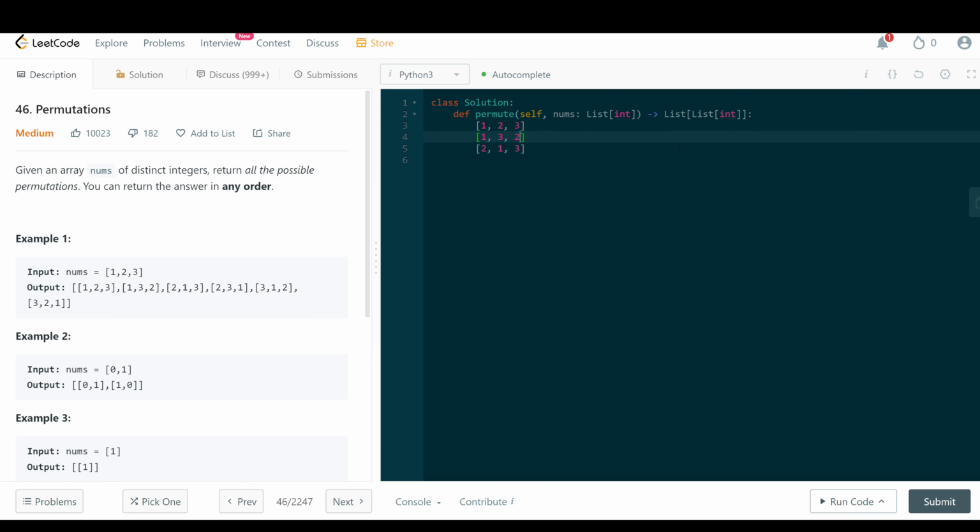So 2, 1, 3. From this we are swapping 2 and 3, and from there it looks like we are doing 2, 3, 1. So 2, 3, 1 again swapped, and 3, 1, 2, and 3, 2, 1. So 1, 2, 3, 4, 5, 6. So 6 numbers. But for this problem, what I would like to do is, let's say we have an empty